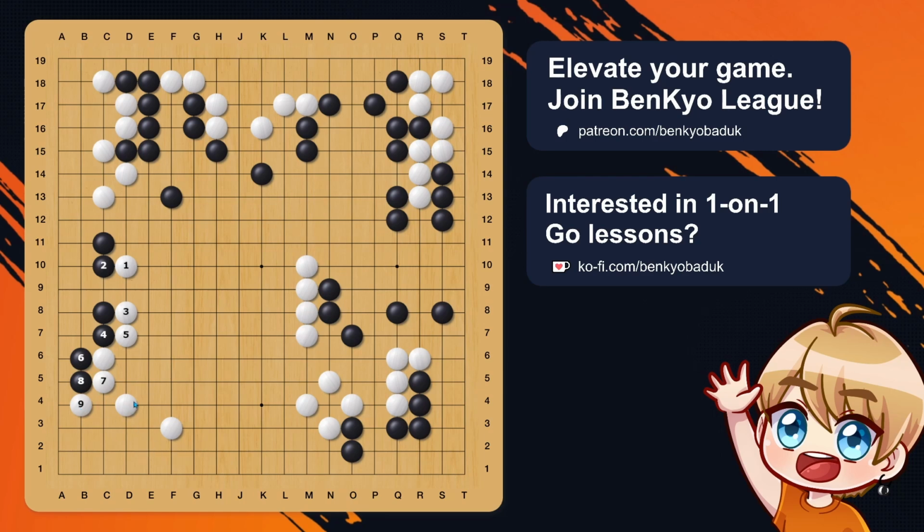Again, thanks to this d4. If breaking out or connecting to something on the outside is important, then black has this option to push out with 4. White can play here, which defends the stone at 1 while also threatening black's left side. And in a case like this, black will probably again play this bump in order to protect from this push